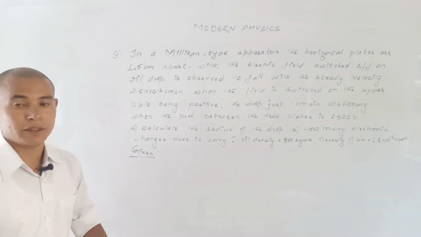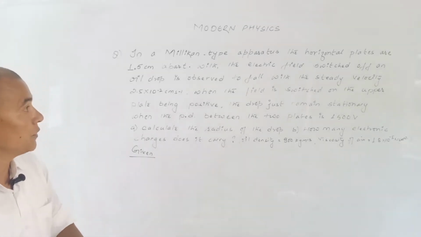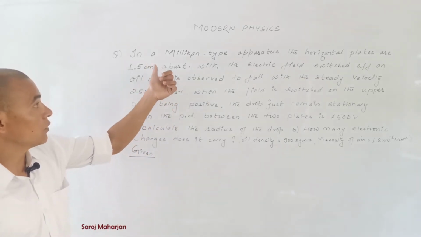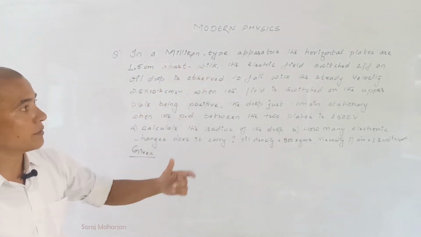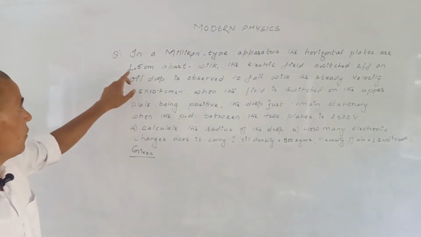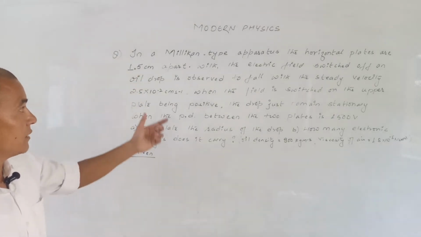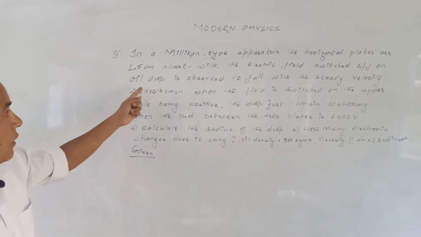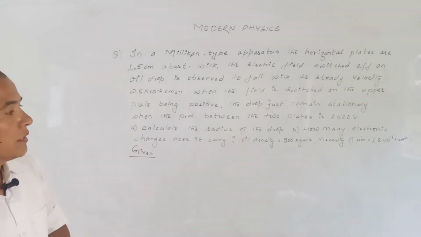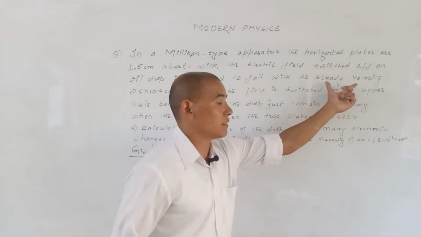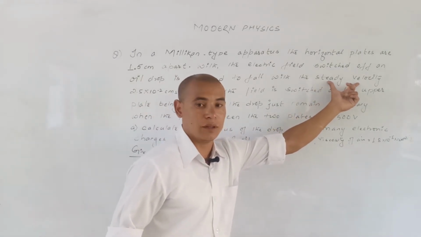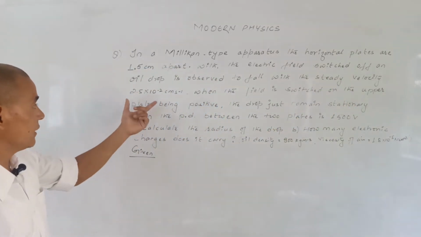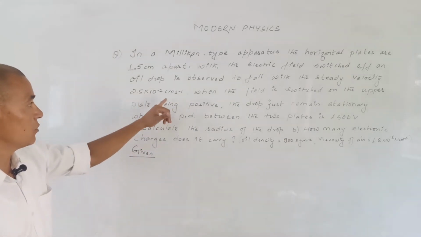This question deals with Millikan's oil drop experiment. The question says: in a Millikan type apparatus, the horizontal plates are 1.5 centimeter apart. With the electric field switched off, an oil drop is observed to fall with a steady velocity, that is a terminal velocity, of 2.5 into 10 to the power minus 2 centimeter per